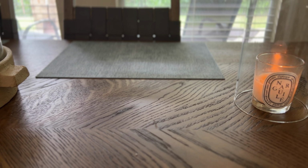I actually have a lot of suntan Bath & Body Works candles. I say suntan, but you know that suntan lotion, normally when things have coconut in it. But I can only take so much of it. And this one to me does not smell suntan-y at all. This is more like the